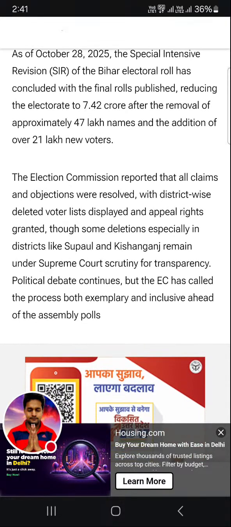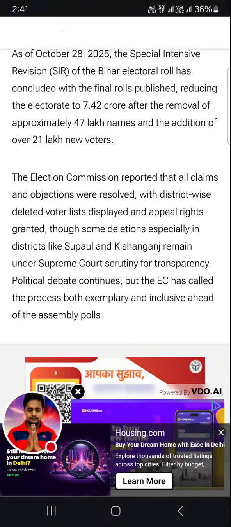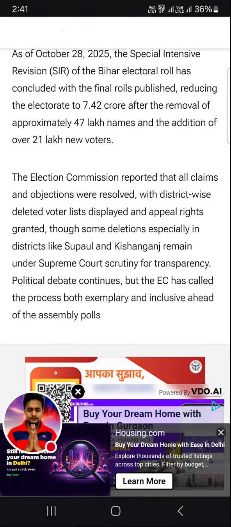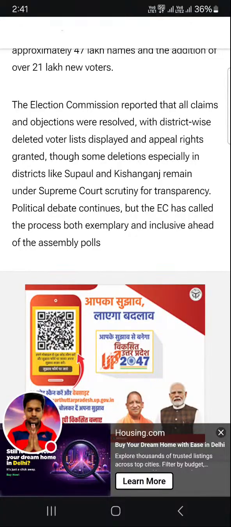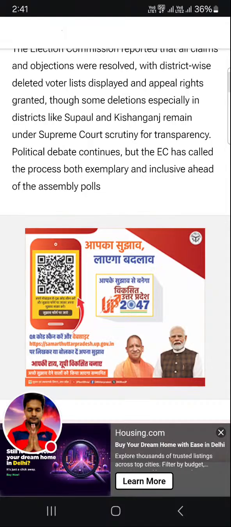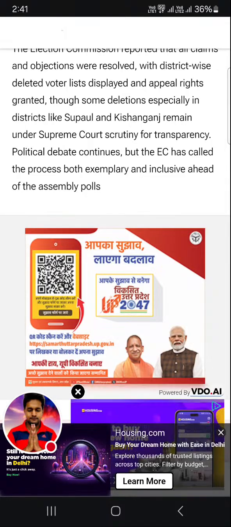The Election Commission reported that all claims and objections were resolved, with district-wise deleted voter lists displayed and appeal rights granted, though some deletions, especially in districts like Supaul and Kishanganj, remain under Supreme Court scrutiny. For transparency, political debate continues, but the EC has called the process both exemplary and inclusive ahead of the assembly polls.